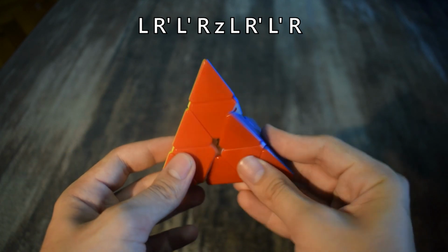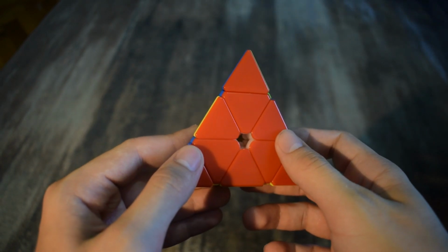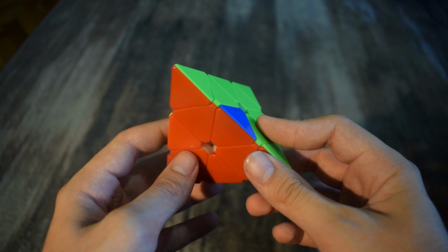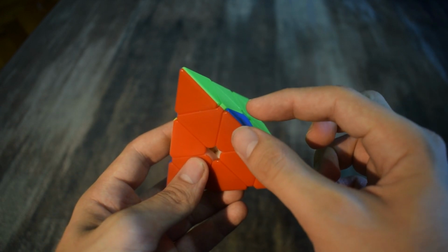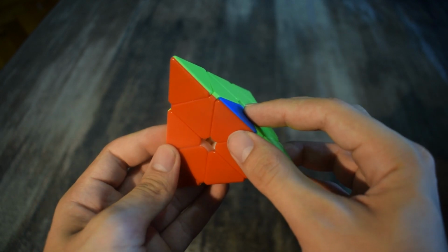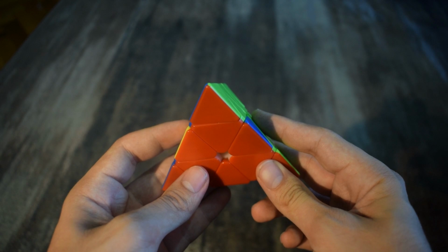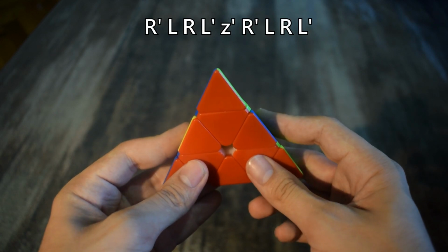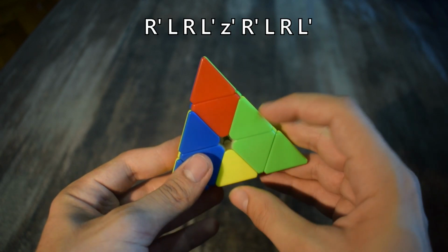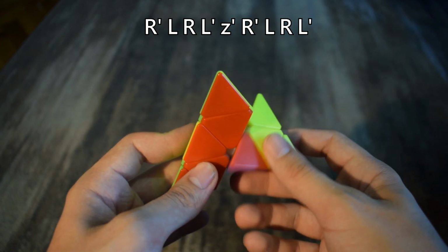L prime, R. We move on to the next case, where again the red face is already solved, but we need to move this edge here, this one here, and this one here. So we need to move the edges counterclockwise. We hold the puzzle like this, and the algorithm is R prime, L, R, L prime, Z prime, R prime,